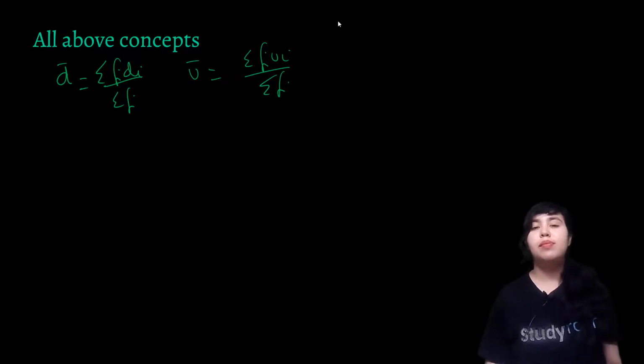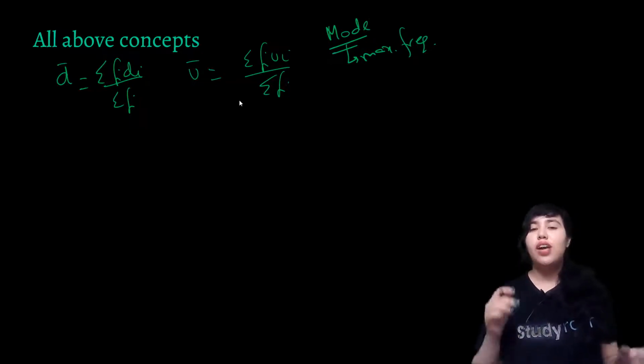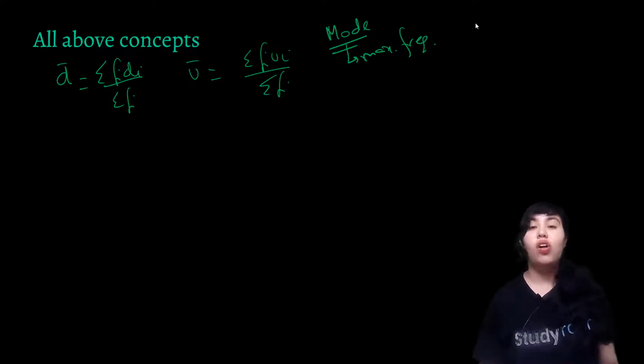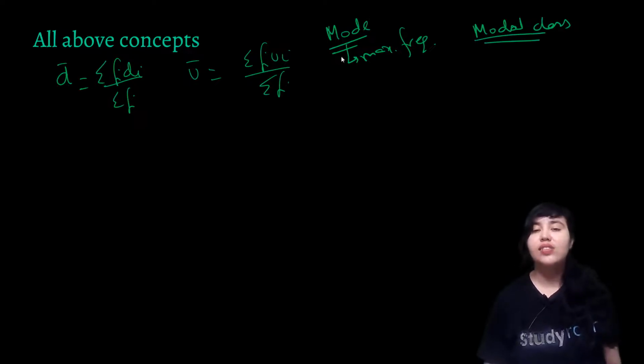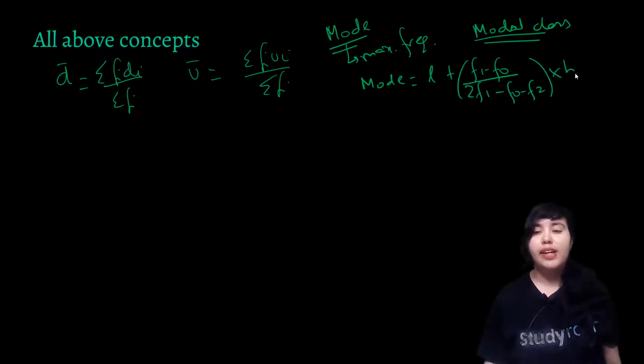After having discussed mean, we moved on to mode. Mode refers to maximum frequency calculation. So how do you go about this? You look at the class which is having the maximum frequency, and we call such a class as modal class. And then for grouped data, we are going to have these class intervals, and there we had a formula. Mode is equal to L plus f1 minus f0 upon 2f1 minus f0 minus f2 multiplied by h. H was the class size of that modal class, L was the lower limit of the modal class, f1 was its frequency, f0 was the frequency of the preceding class, f2 is going to be the frequency of the succeeding class. So this is how you calculated mode.